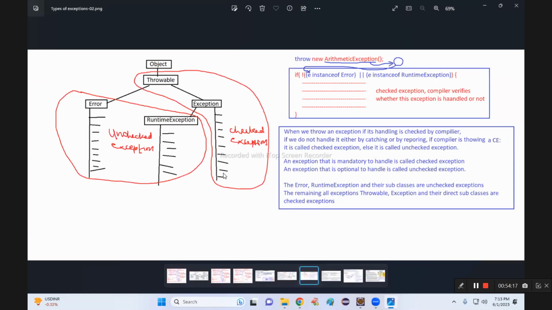Understood? Error type exception, exception type exception, must be thrown by whom? JVM. You are not allowed to throw. But you taking initiation, sir, like JVM requirement, I also have a requirement. I will throw for my project. Okay, throw. But you are not